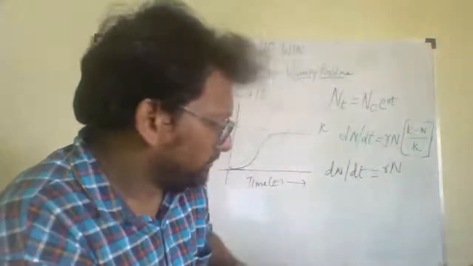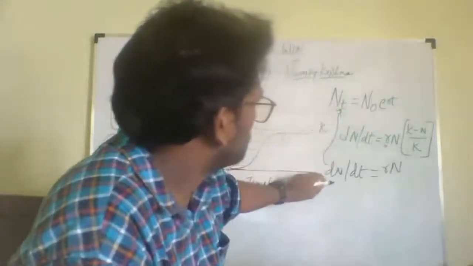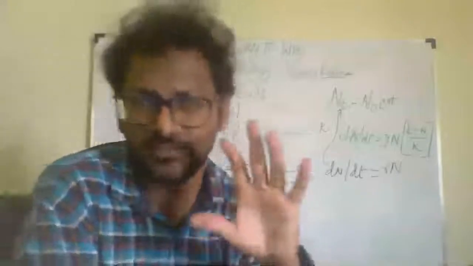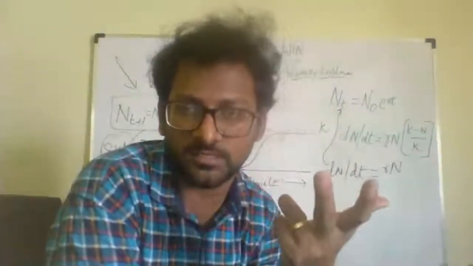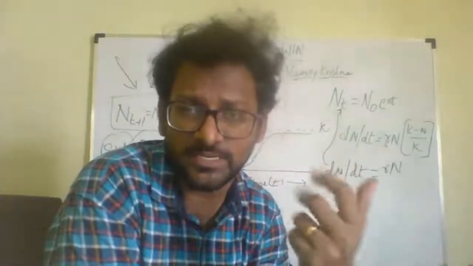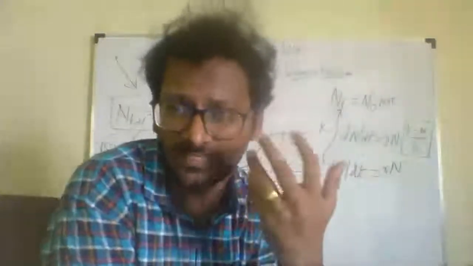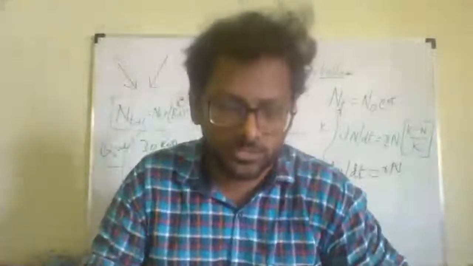So this is an integral formula of exponential growth. In NCERT, they have given this equation, and they have mentioned what is R, what is N, and how this was derived. This dN by dt equal to RN. If you see how that was derived, how can we come to the conclusion of this, right?